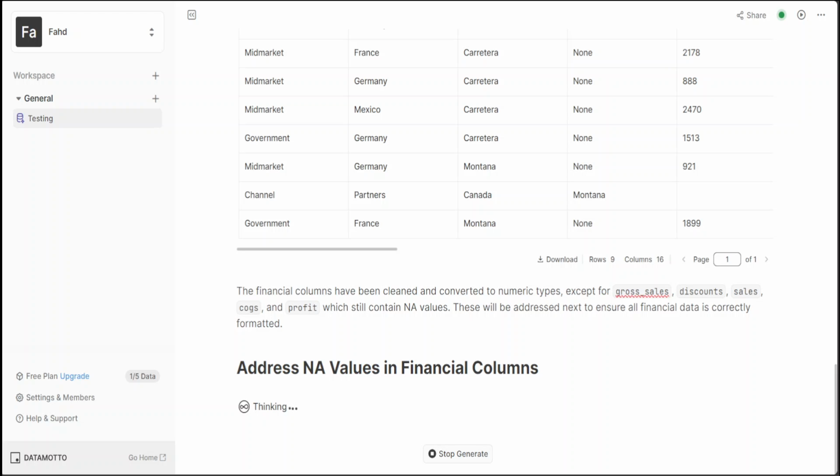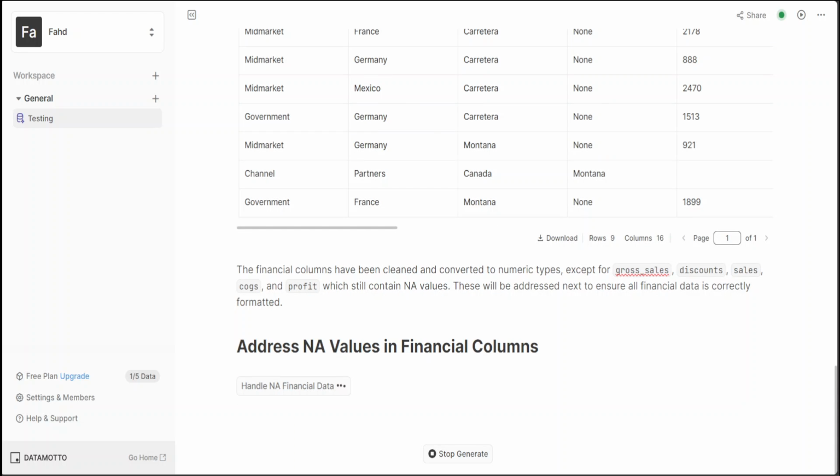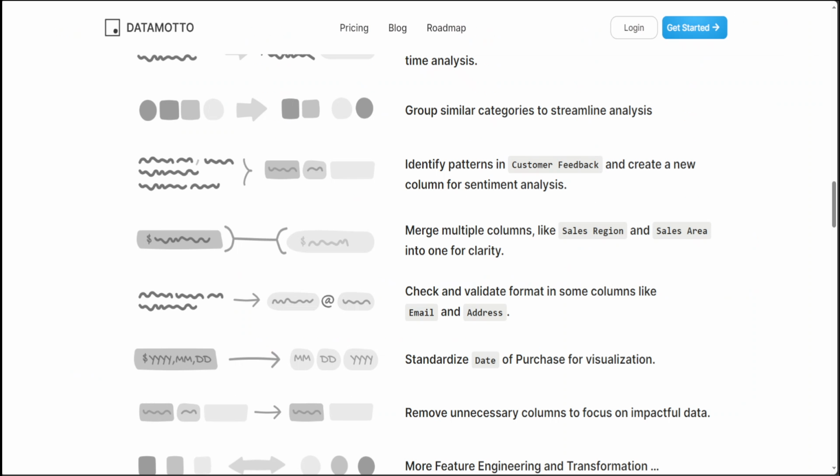One thing I could think of is that my data set is very small here, but of course the data sets are normally thousands and thousands of rows. So this will be a big job. So I think we would also need to make sure we keep the cost in check. On the left hand side, there is this upgrade button. Let me see what sort of pricing they have. So if I click on pricing,